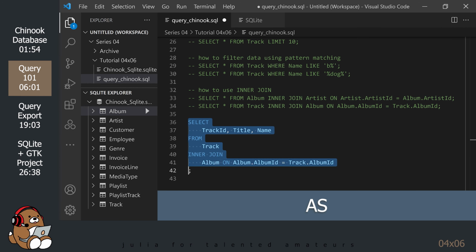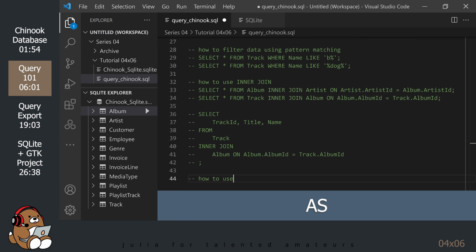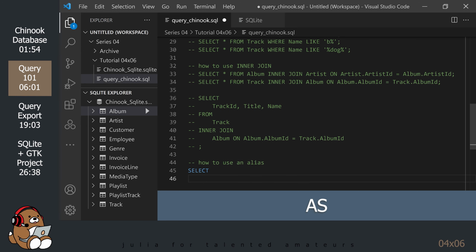Fortunately, in SQLite, you can use an alias when selecting columns to avoid this confusion.